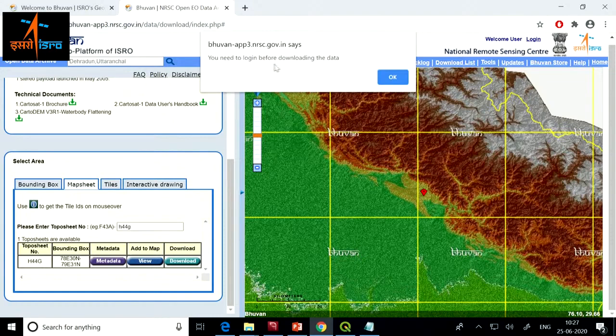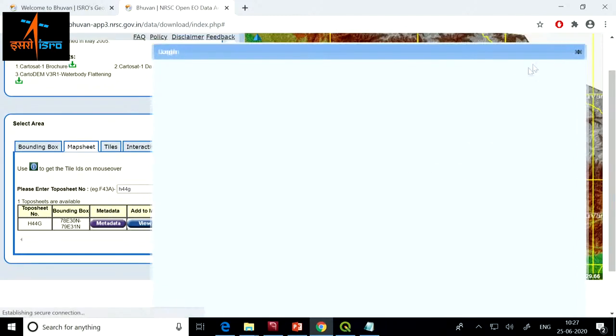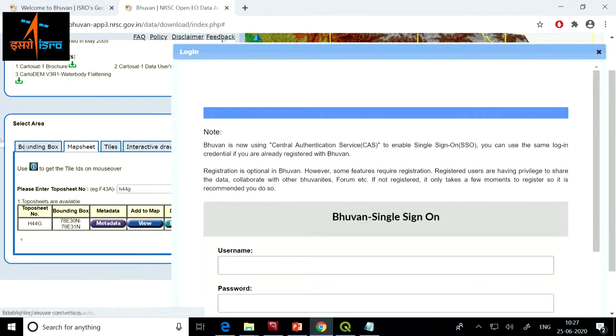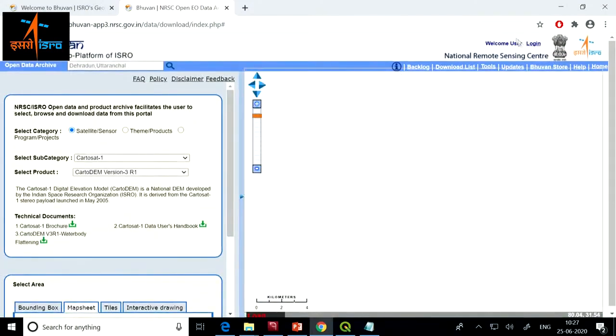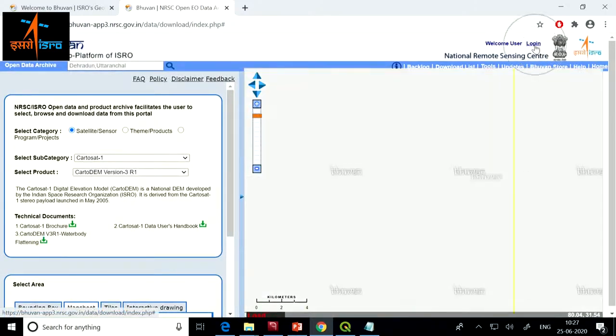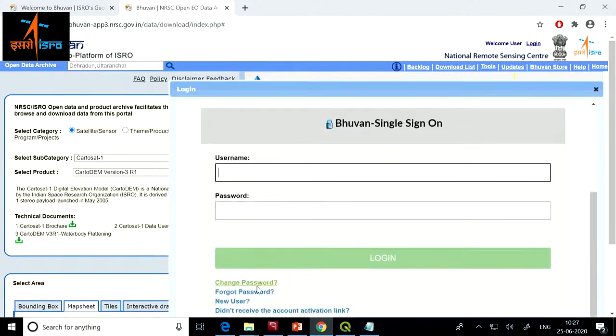Then it says you need to log in before downloading. I say okay. You will need to have a Bhuvan login account. It is very simple, just like creating an email address. So on the top here, there is a login button. You can click on that and you can click on new user here to create an account.